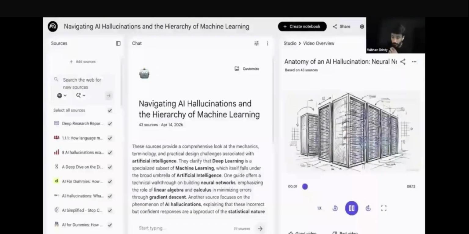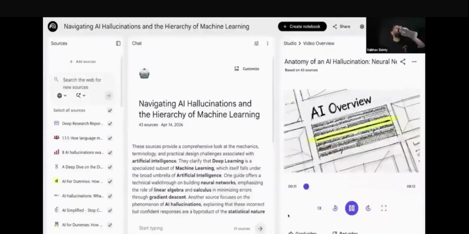We have built machines capable of writing highly complex code in seconds. Yet these same systems will present dangerous absurdities as absolute truth. Take this response from Google's AI overview, which confidently instructed users to eat at least one